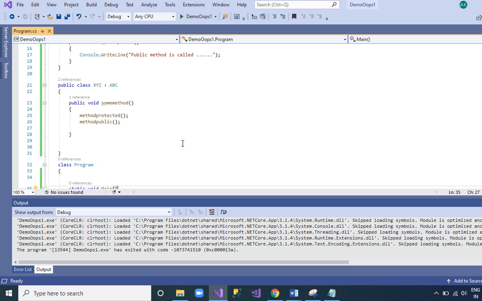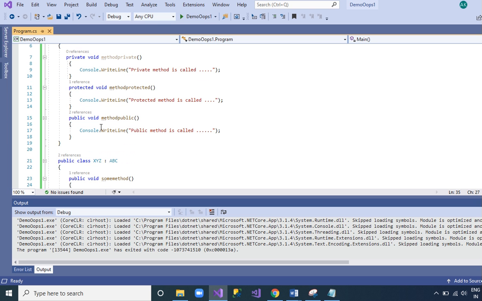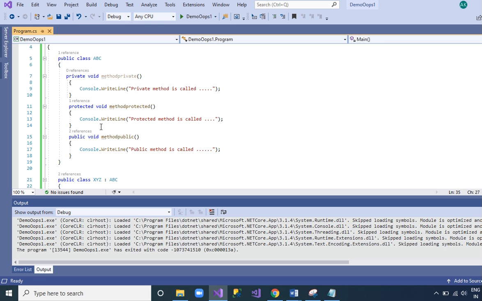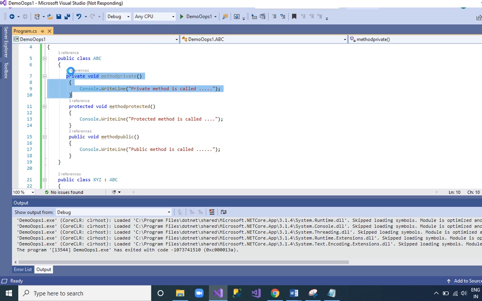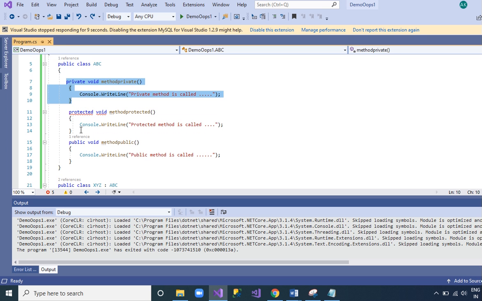So this is the way we understood the concept of private, protected and public. In short, protected cannot be accessed outside of the class by using the object.